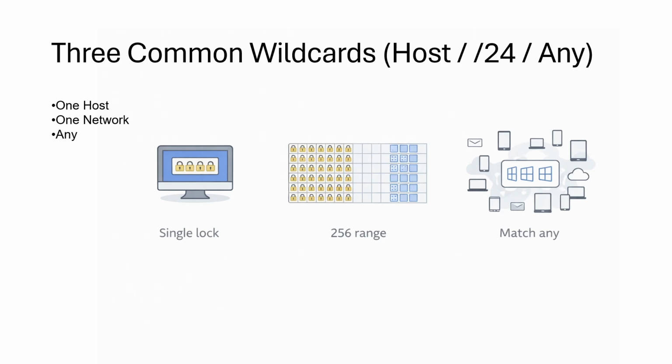Now, the 3 most common wildcard patterns. 1. Match 1 host. To match exactly 1 IP, you want every bit to match, so you ignore nothing, and that means the wildcard is all zeros. 2. Match a whole /24 network. First 3 octets must match exactly. Last octet can be anything, so the last octet is ignore. 3. Match any IP address. Ignore everything, that means